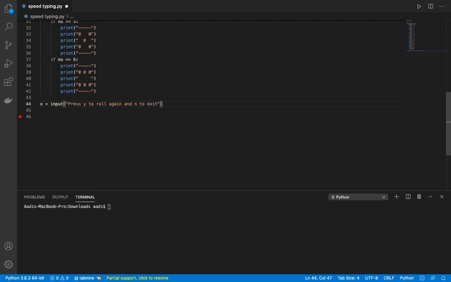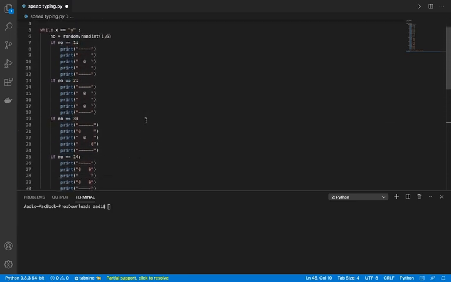So if you want to exit the code, you just write N, and if you want to roll the die again, you just press Y. Then you just print, in parenthesis, to go on to the next line, \n. So that's the whole code that you need for making this die.